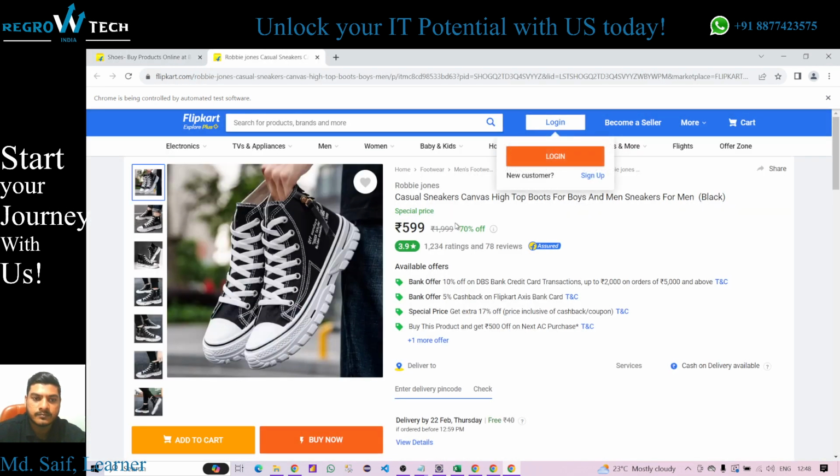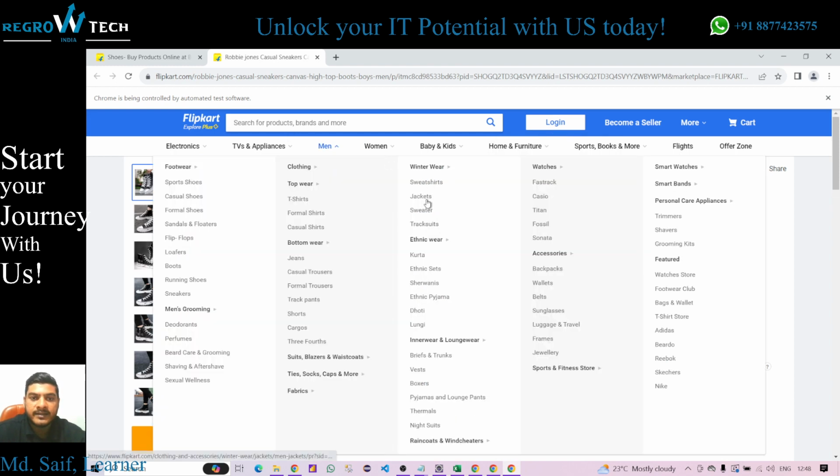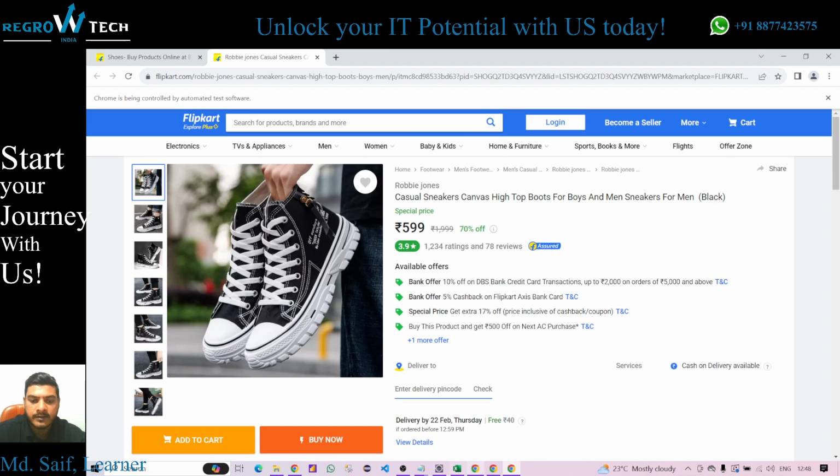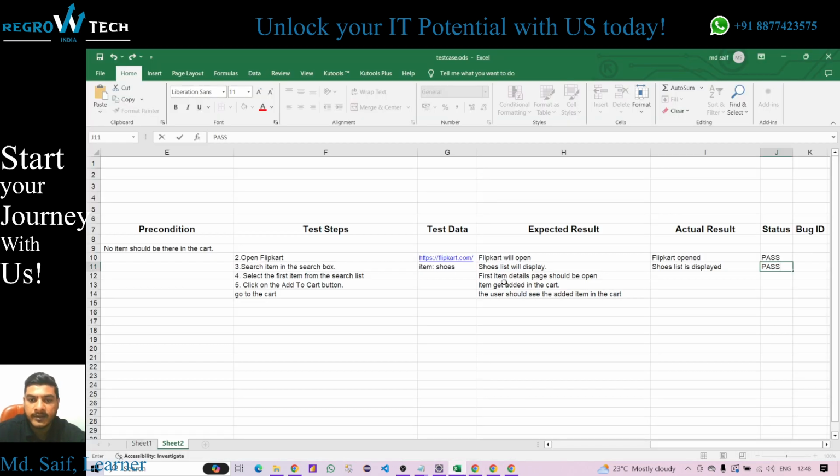See, the item detail page has opened. Now again go to the test case and write that the item detail page should be open when we click on the first item. The test is select the first item from the search list, and first item detail page should be open. Yeah, right. Actual result was